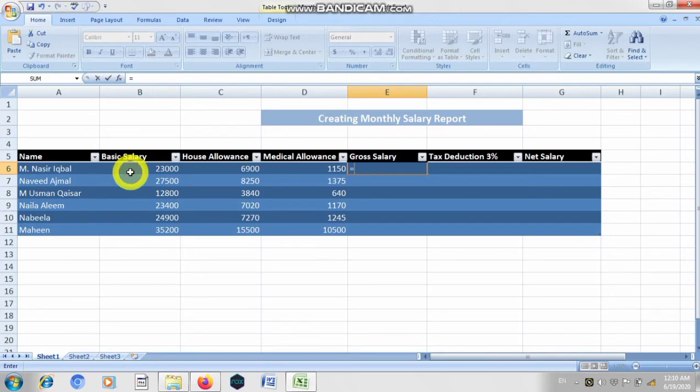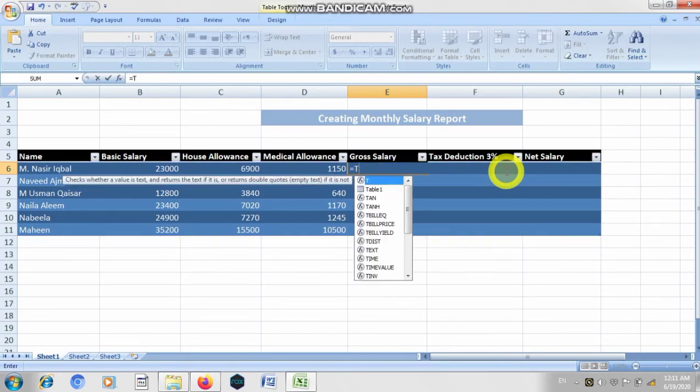The basic salary of Nasir Iqbal is 23,000, so here you don't enter the basic salary. I'm not going to add this 23,000, I will add the cell address of this 23,000. As you can see, the cell address of this cell is B6, so I will type here B6.